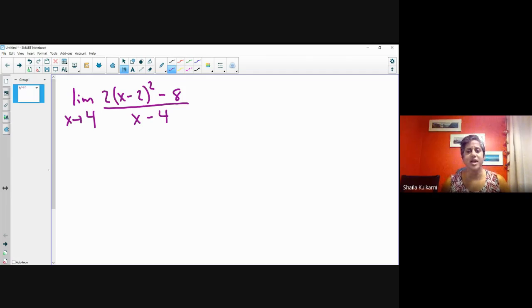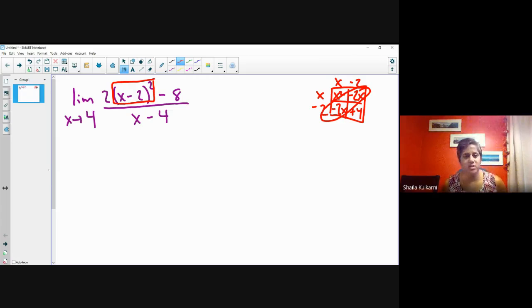So the first thing I would do, now this is a personal preference for you. How do you like to do x minus 2 squared? Are you the kind of person that goes over to the side of your paper and you make a box and you do x and you do minus 2 and you do x and you do minus 2, and so you get x squared and minus 2x and minus 2x and positive 4, and then you combine your like terms? Do you like to do it that way? Can you do it in your head? Do you like to do x minus 2 times x minus 2 and what I like to call the double rainbows,